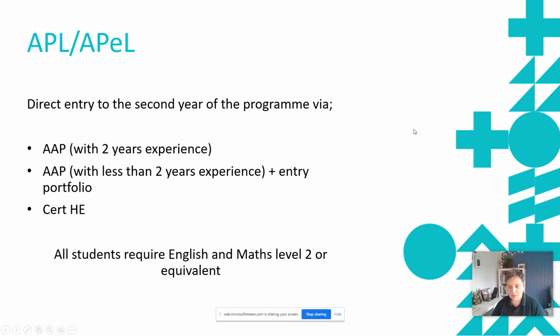So, entry requirements. As I've said, you do come into the second year of the programme, so we have to go through certain entry requirements to make sure that your knowledge and your experience aligns with what would have been the first year of the programme, or level 4. So if you've got your AAP programme with 2 years experience,